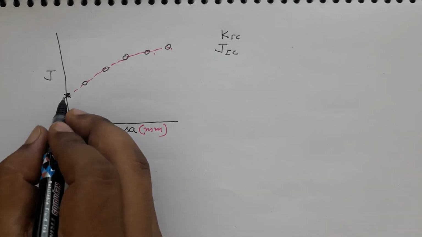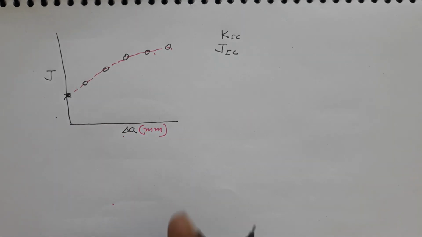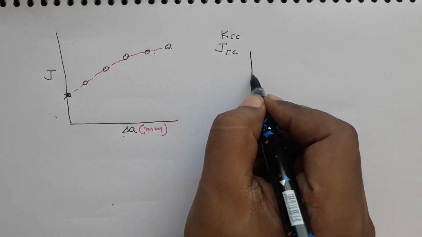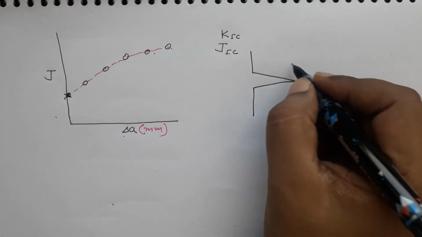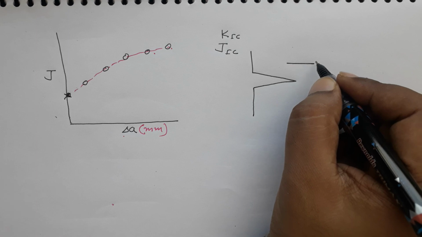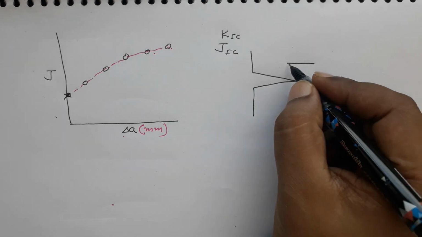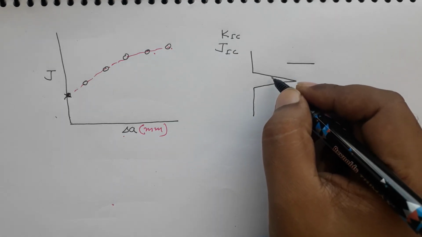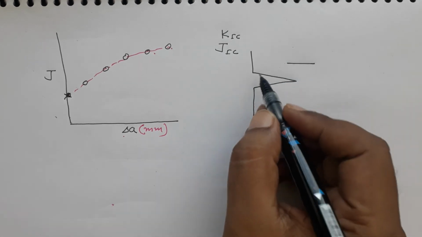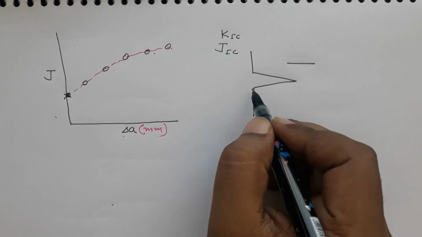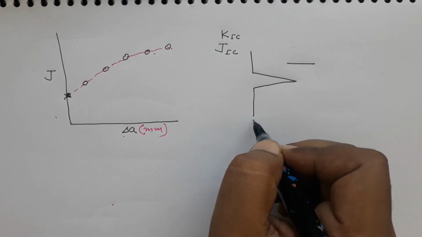No, it is not the value beyond which there will be delta A, although from the plot it looks like it. But what happens in a plastic material is that initially you have a very sharp crack tip. It will never look like this, it will always look like a straight line, okay. But if you look under a microscope, you will obviously have some gap because that part has separated. For understanding, I cannot explain on a line that there are two surfaces. So in reality it will not look like this, but this is a very sharp crack, okay. A sharp crack will look like that. So this is a very sharp crack, and